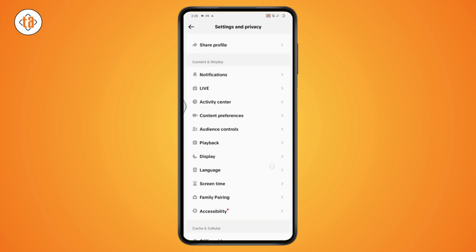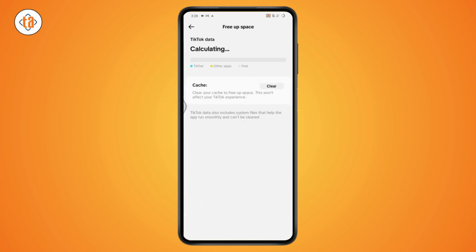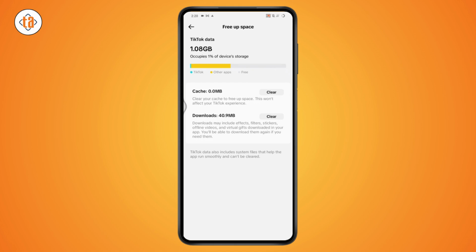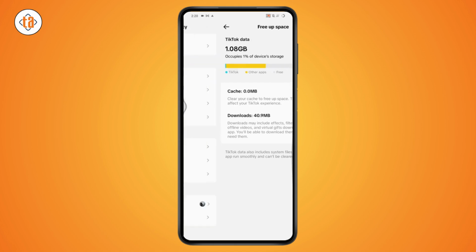Under settings and privacy, you need to scroll down. Go to free up space and tap on clear cache and tap on clear. This might fix your problem, but if that doesn't fix your problem, then you need to go back and you